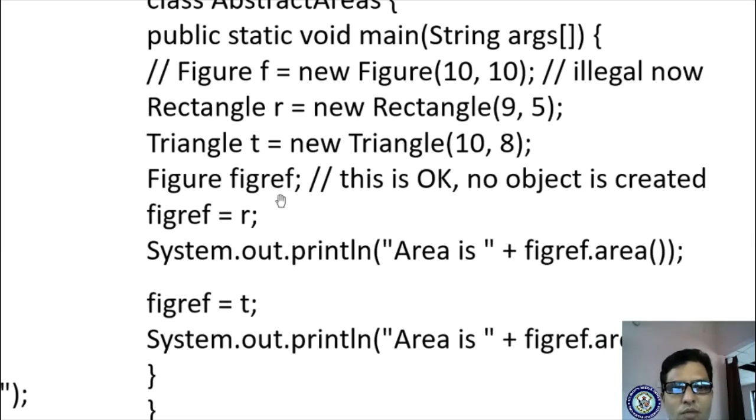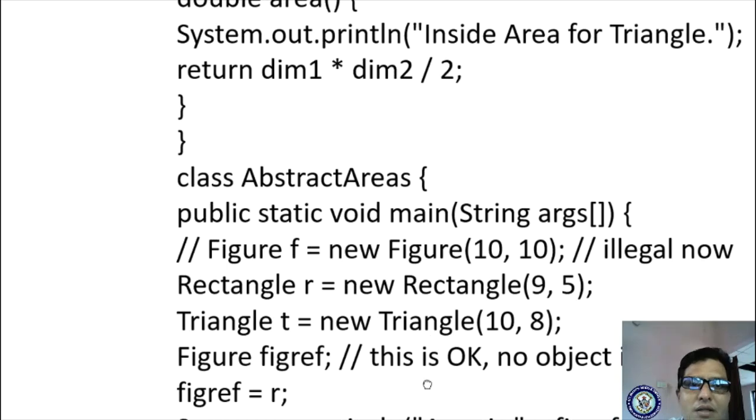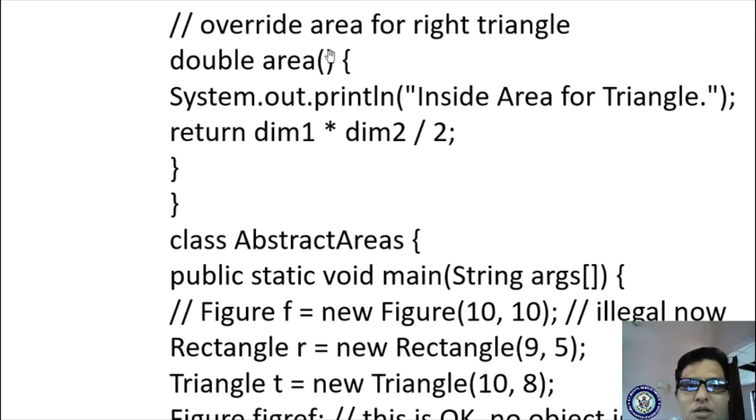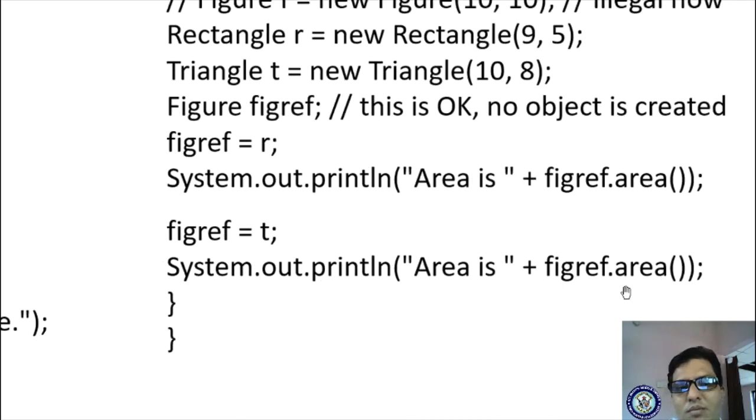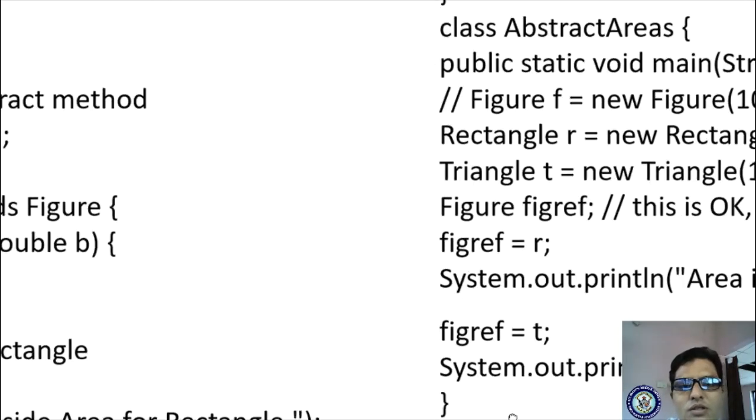Now I'm using the same reference variable. That reference variable is assigned as an object of triangle. If you assign the triangle object, then you are accessing the triangle methods. So what method am I calling? Figure reference dot area. Figure reference dot area means it will call the triangle method, that is half into length into breadth. So 10 into 8 by 2, that is 40. 40 will be displayed. Clear? So this is your program